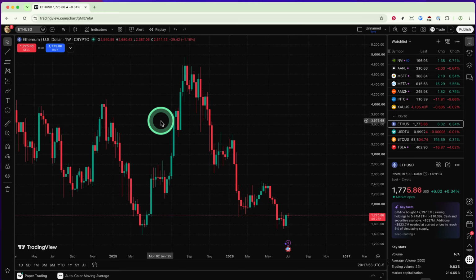To begin, open TradingView on your device. TradingView is a fantastic platform for chart analysis, and it's where you'll find the Flux Charts Price Action indicator. If you don't already have a TradingView account, you can use the link in the description to sign up. Once you're logged in, pull up the chart of the asset you're currently analyzing, as we'll need it to add